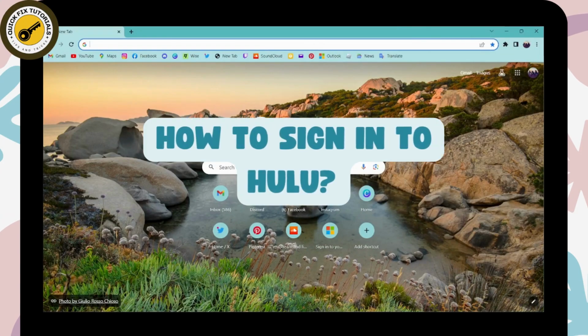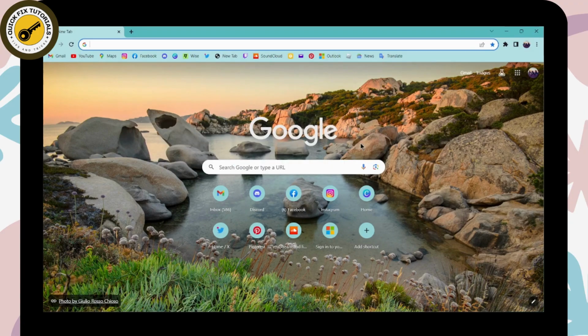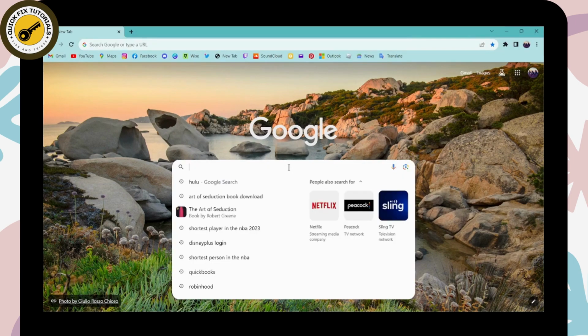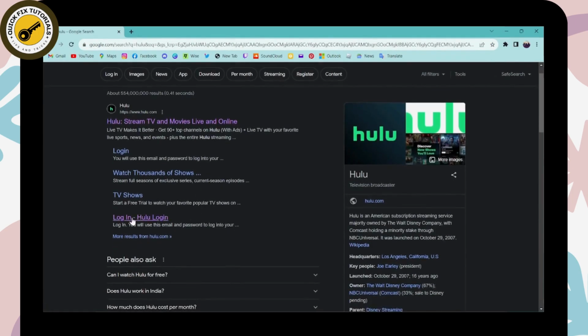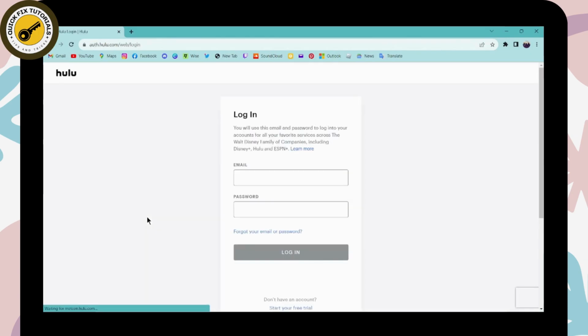How to sign in to Hulu. So if you want to sign in for Hulu, then first of all you need to open up a browser, any browser that you're comfortable with, and then you can simply go for the search bar and search for Hulu. And here you can go for login or Hulu login, so that it will directly take you to the Hulu